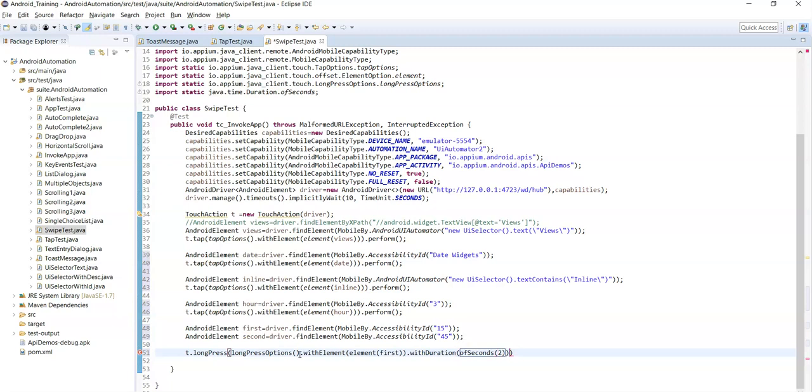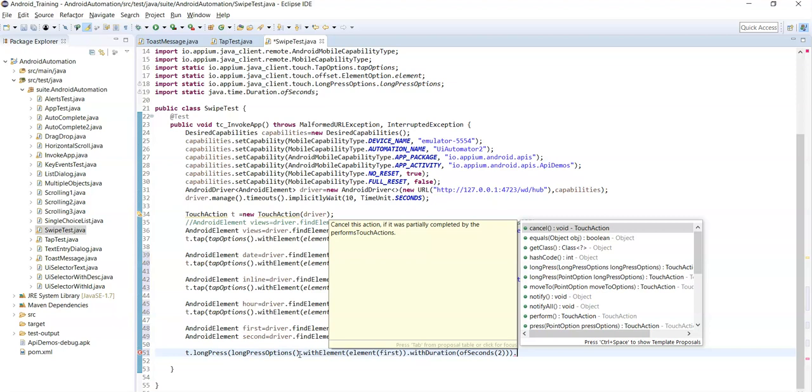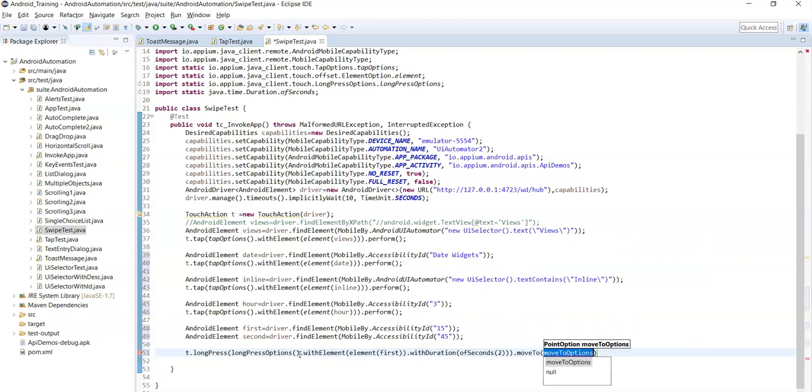So now move to, so after long pressing on that element 2 seconds, now move to second element, so element of second.